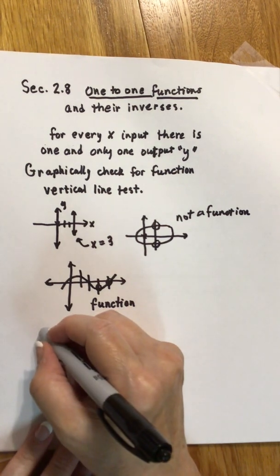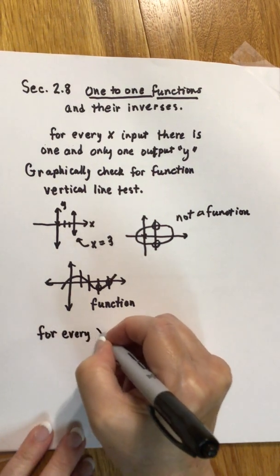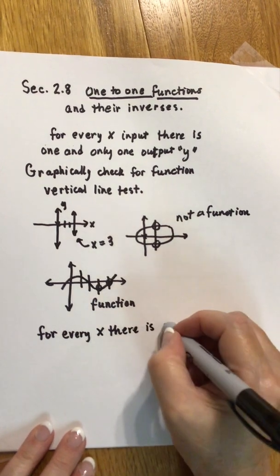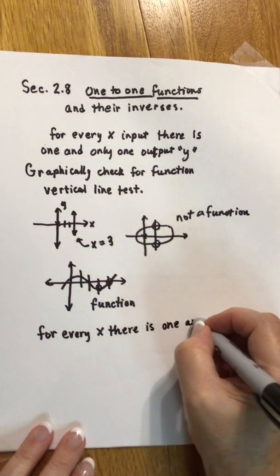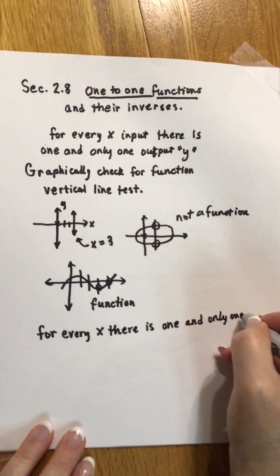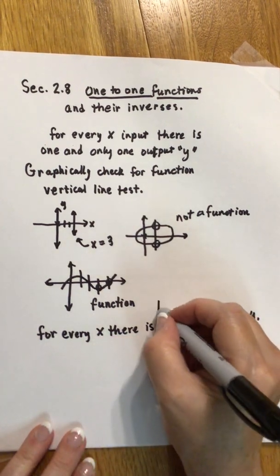So we have the first part. For every x there is one and only one y, but now one-to-one function